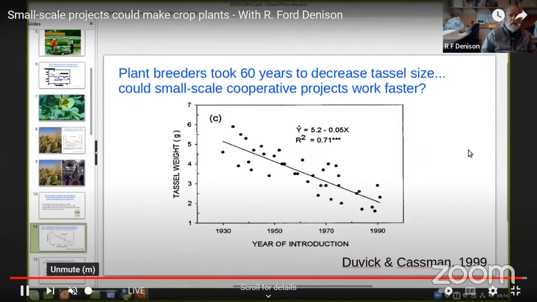These tassels were too big, and plant breeders have actually cut their size by maybe as much as 70%. But it took them 60 years to do this because they weren't really selecting for small tassels. They were just breeding for yield. And so I would like to suggest this is an example of something that a small group of farmers could have done,